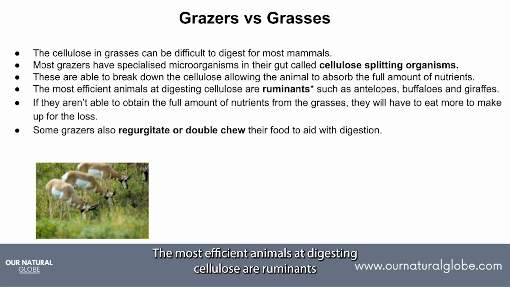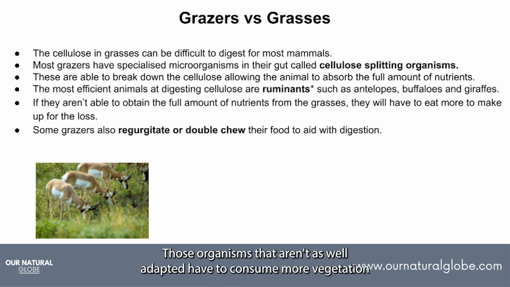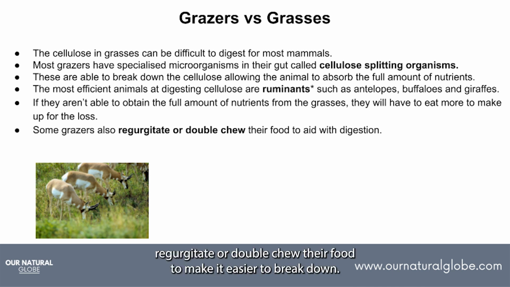the grasses. The most efficient animals at digesting cellulose are ruminants, such as antelopes, buffaloes, and giraffes. Those organisms that aren't as well adapted have to consume more vegetation in order to make up for the undigested material. If these microorganisms aren't enough, grazers often regurgitate or double chew their food to make it easier to break